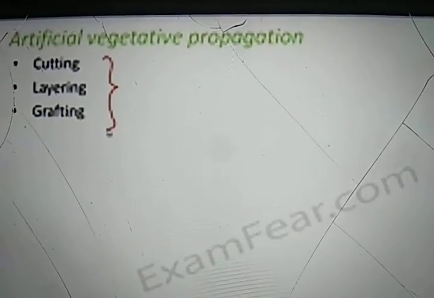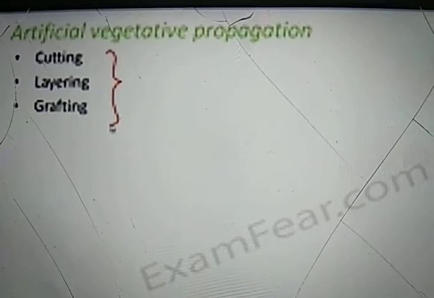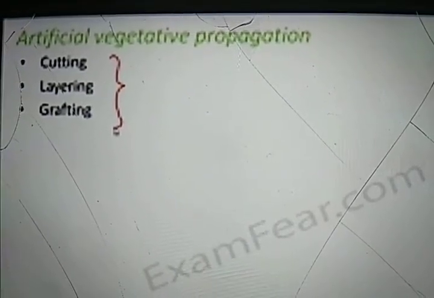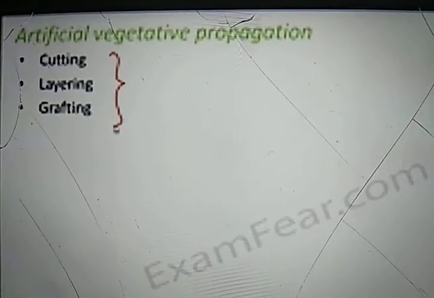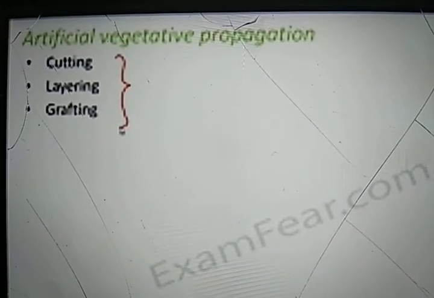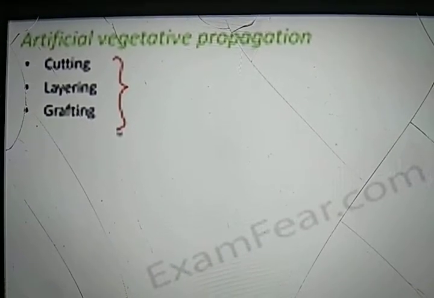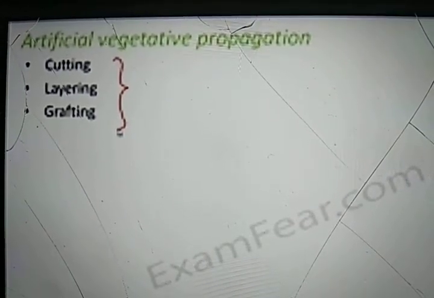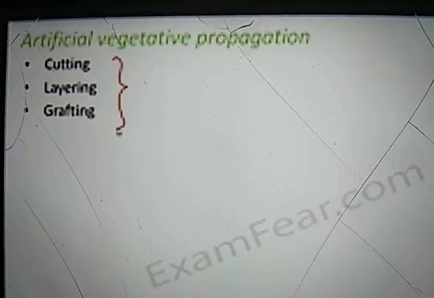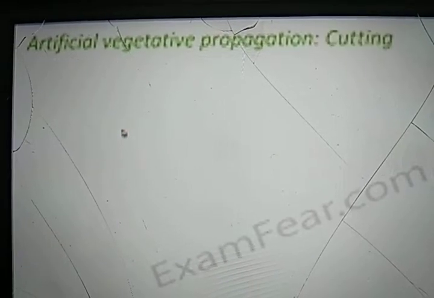Okay. So now let's spend some time to understand artificial vegetative propagation. It is utilized, and to some extent exploited, by farmers for commercial propagation of plants. That is, they want to produce more red rose plants, because red roses are more beneficial. They earn more profit by selling red rose plants. So they use this method of vegetative propagation to increase the production of red roses. To some extent it helps, and to some extent they might exploit this entire process.